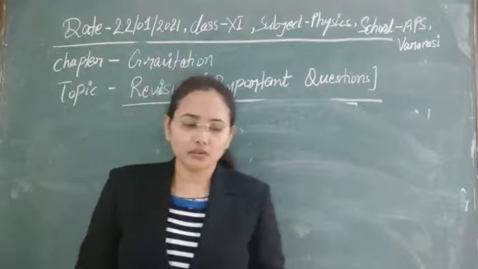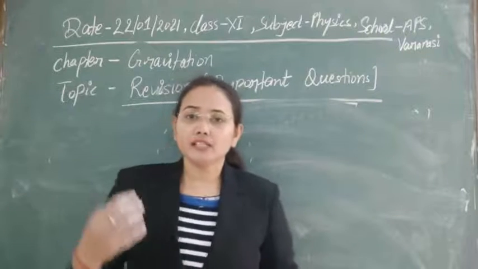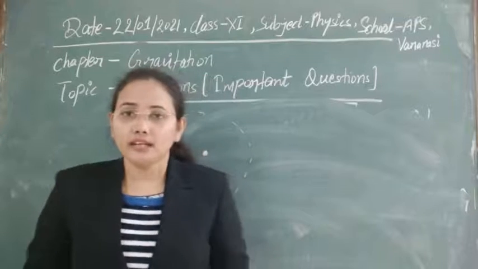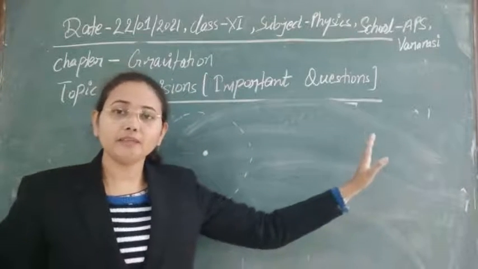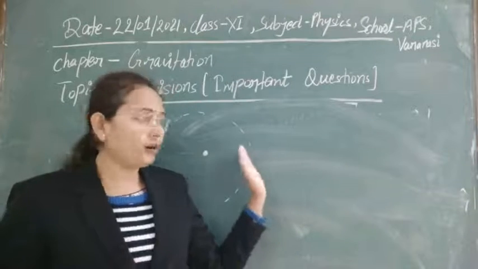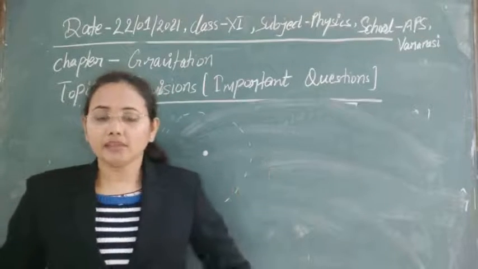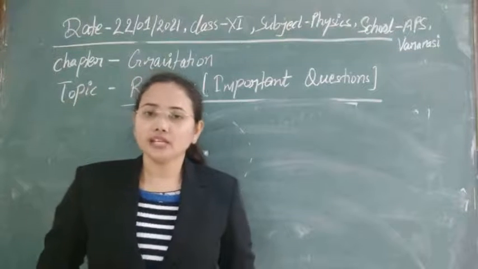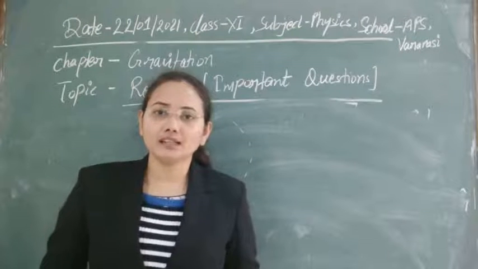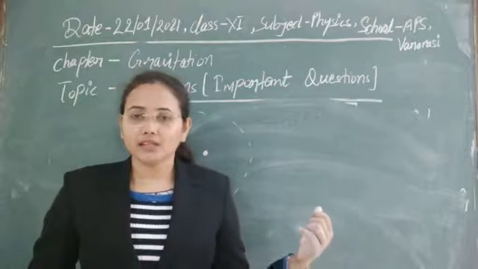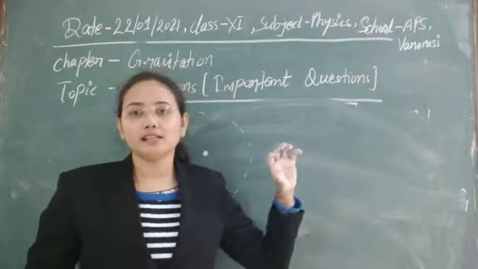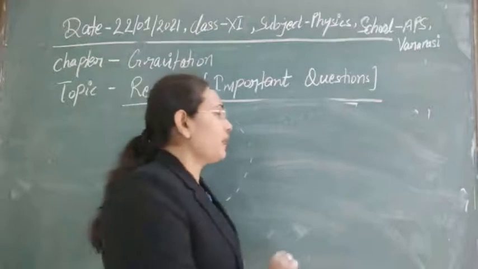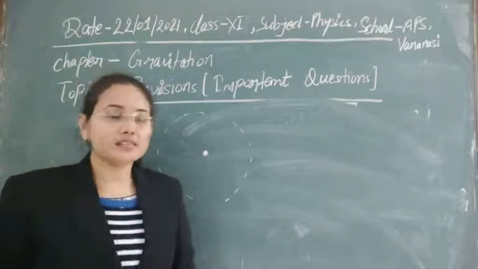Or simply, if you want to understand, whenever there is a change in position, a change in gravitational potential arises. If we take any mass from infinity into the field of another mass, then the energy stored in the system is known as its gravitational potential energy. Obviously, when we change the position of the mass, there will be a change in the potential energy associated with that mass. That change or storage of potential energy due to change in position is known as gravitational potential energy. So that potential energy we can calculate easily.